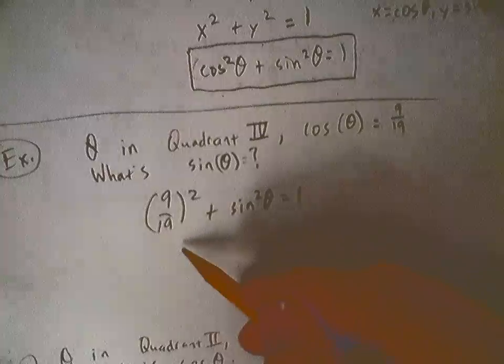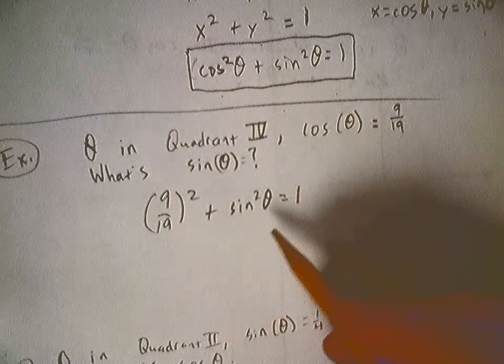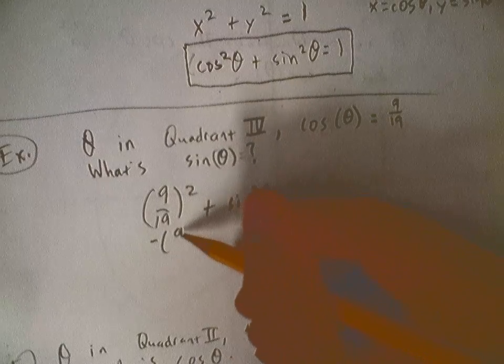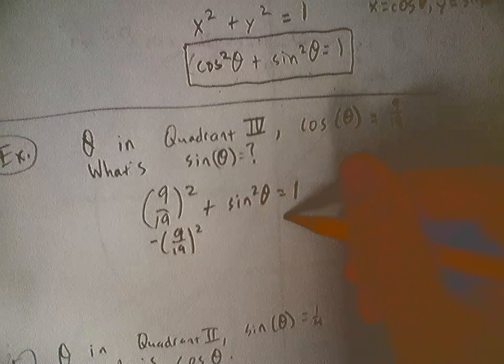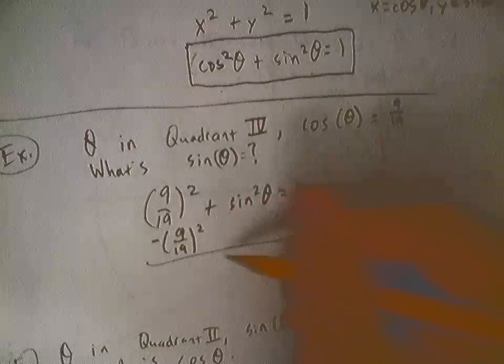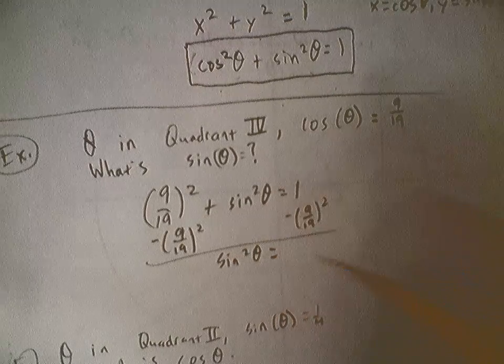First thing I'm going to do is subtract (9/19) squared from both sides. So I get sine squared of theta equals,